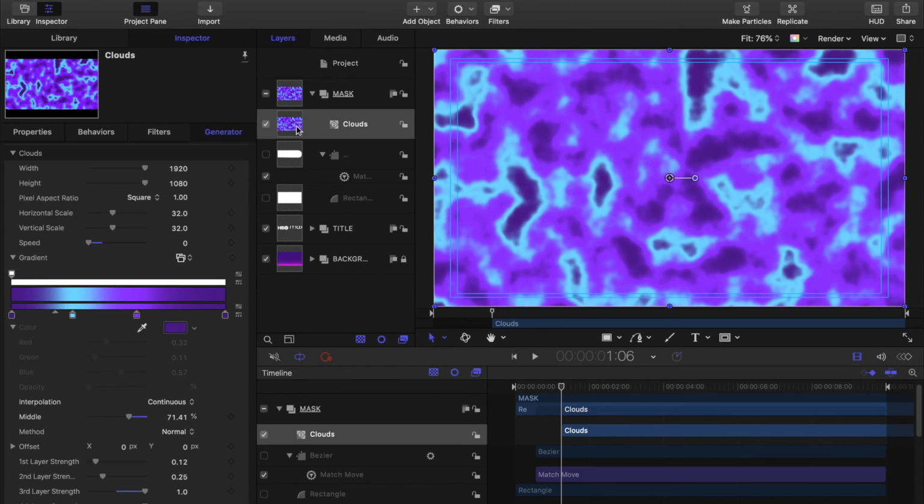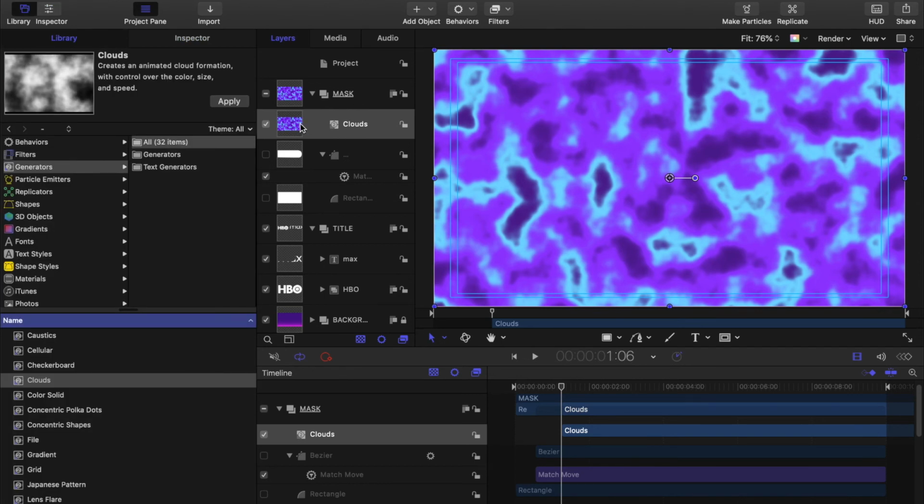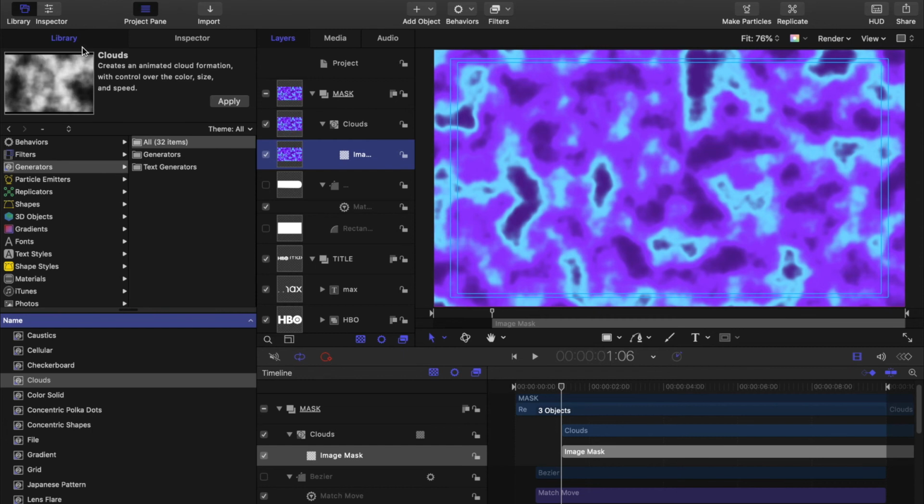Since I want to add this mask to the max layer, let's twirl open the title. And the way I want this animation to work is I want there to be a transition. So the first thing I want to do is add an image mask to this clouds layer, and then I want to add a transition to that. So select the clouds layer, Shift Command M to add the image mask,